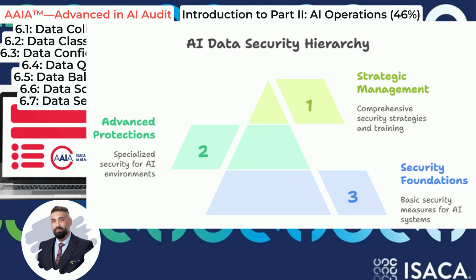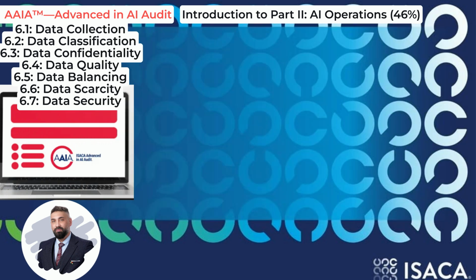Finally, the role of governance is critical for data security in AI. This involves establishing clear security policies and standards specific to AI. It requires defined roles and responsibilities for AI data security, and it necessitates regular review and updating of security measures to keep pace with evolving threats and technologies, a principle central to frameworks like ISO IEC 42001.